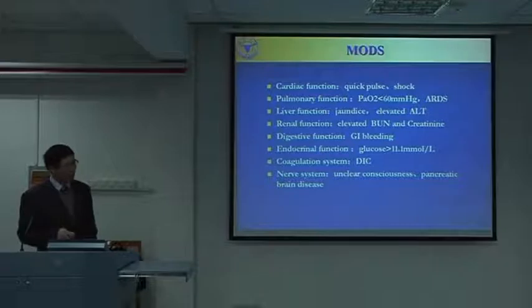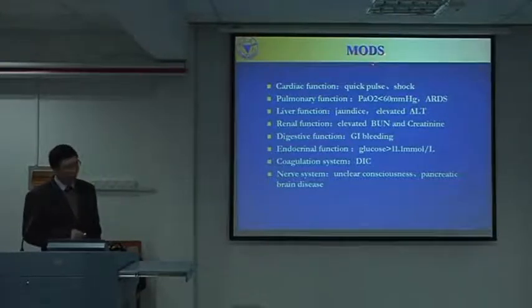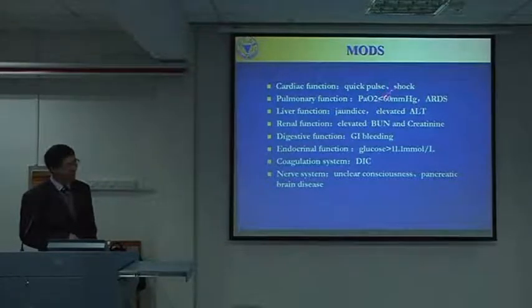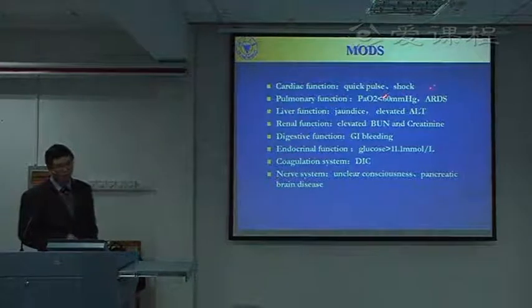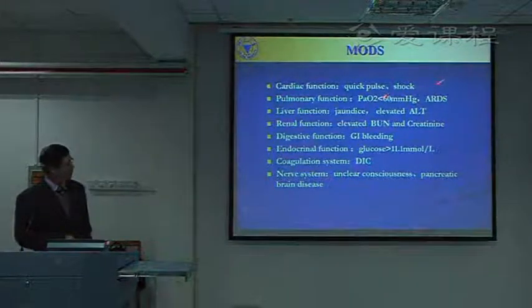After that, we should evaluate the multiple organ dysfunction, such as cardiac function. If the patient has a very quick pulse, tachycardia, tachypnea and very low blood pressure, we call it